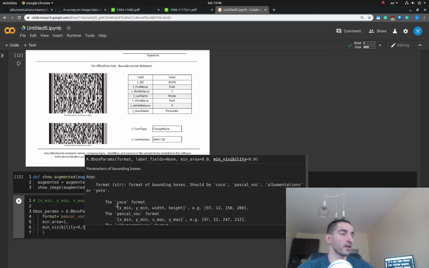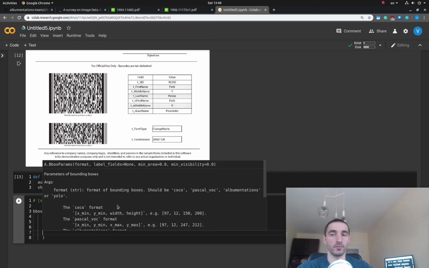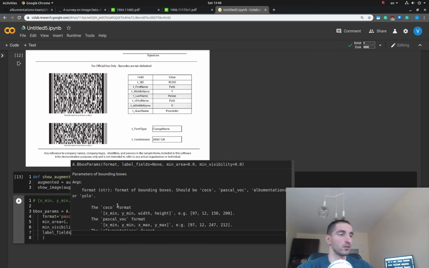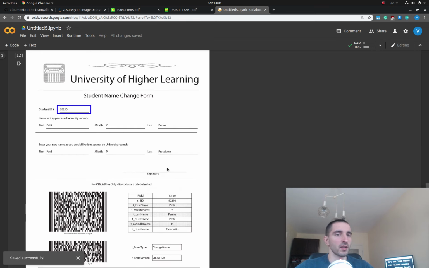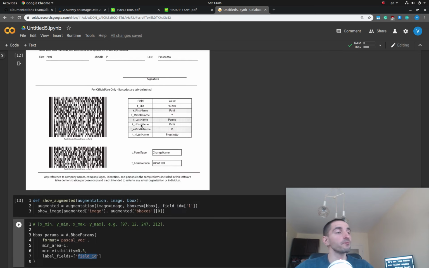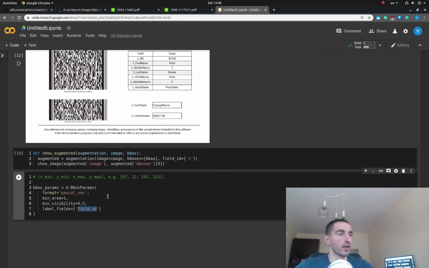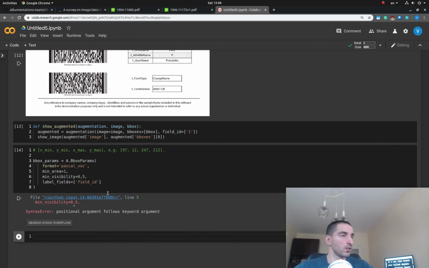And I'm specifying some parameters for the bounding box. And we are going to label fields called field ID. So this field ID and this should be the same. I'm specifying this as field ID because this is a field in the form. You can call it whatever you like. Okay, so now that we have the bboxparams,